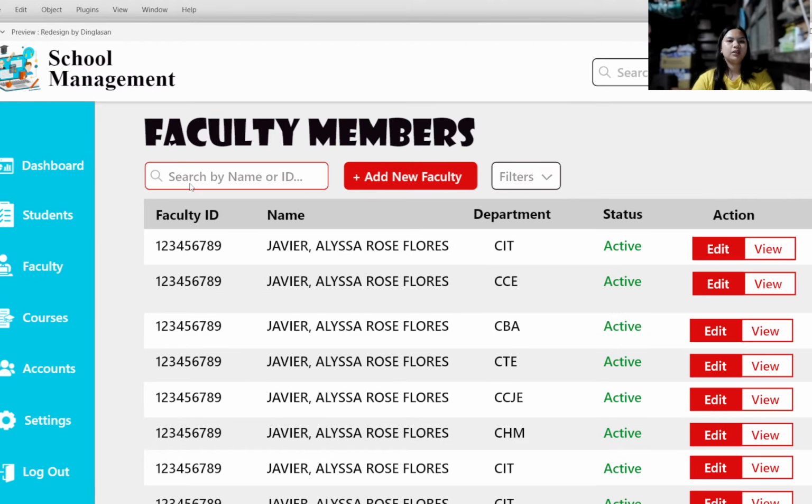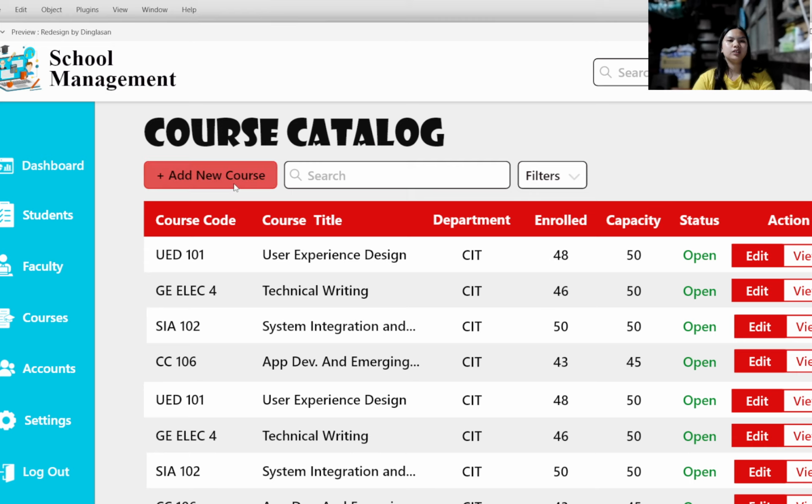Same in faculty, there's a hover. I added a border in the search bar, and there's a hover for action in faculty. And in courses,